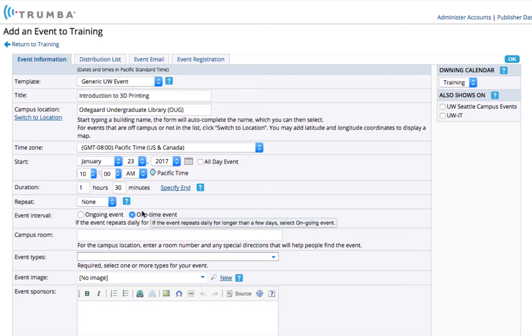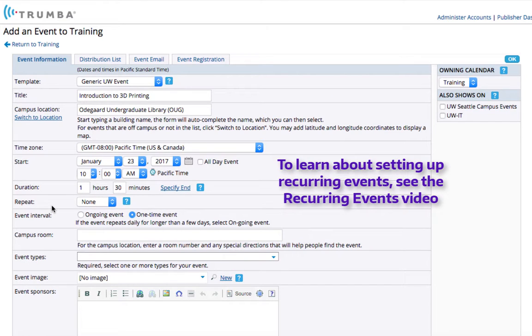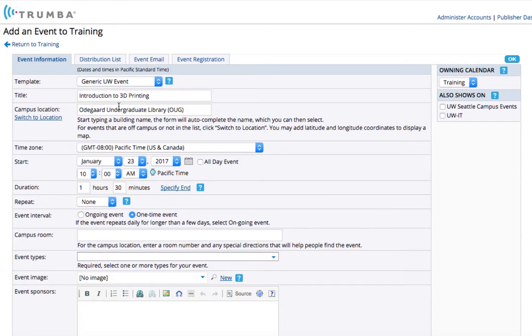This event is a one-time event, which means in this demo, we will not show the repeat options. Since this event is a one-time event, you'll also notice we have the event interval, ongoing event, and one-time event. Since this is a one-time event, make sure one-time event is the selected radio button. Since this event does happen in the Odegaard Undergraduate Library, we need to specify what room within the building it